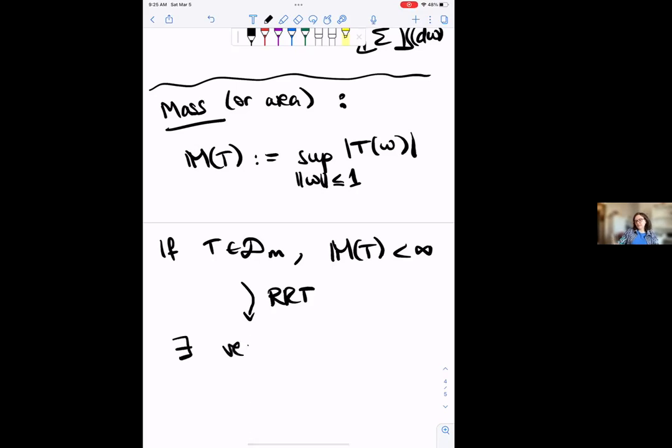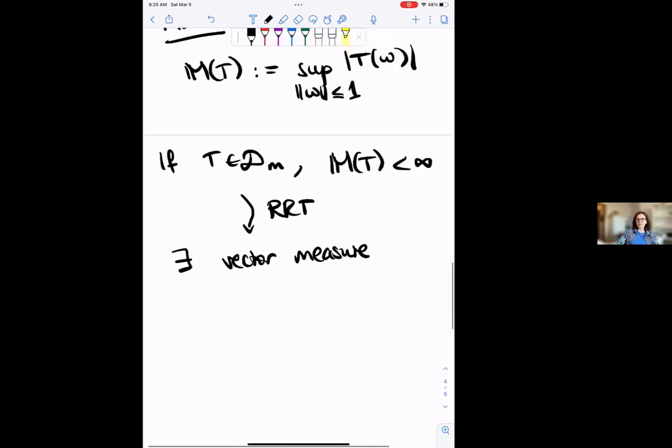So there exists a vector measure which takes values in this wedge space. We write this measure with a bit of abusive notation as follows. So this is the vector density, or the polar of your measure, which has its image in